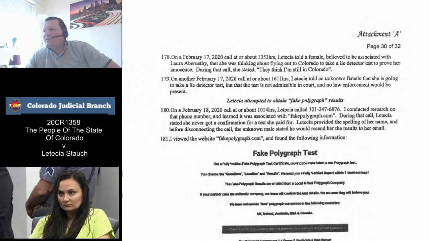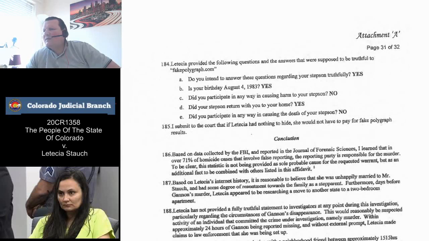On a February 17th call, at about 13:53 hours, Letitia told a female, believed to be associated with Laura Abernathy, no idea who she is, that she was thinking about flying out to Colorado to take a lie detector test to prove her innocence. During that call, she stated, "They think I'm still in Colorado." On another call, February 17th at or about 16:11 hours,